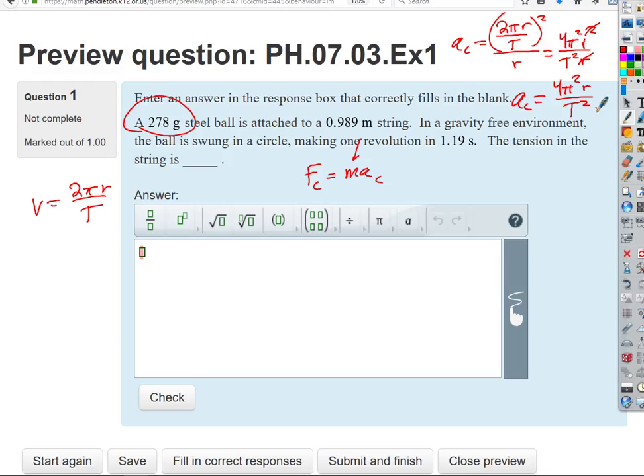Right, so let's derive these once as a class, and then I'll put them on the formula sheet for you for the test. Okay? So what if we did something like this? What if we wanted to know the speed of an object in circular orbit, right? So if an object is in circular orbit, we already know that centripetal acceleration